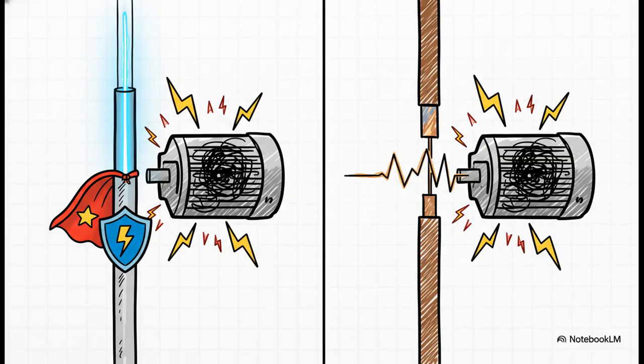And that brings us to its main superpower. Because it's using light, not electricity, fiber optic cable is 100% immune to what we call EMI and RFI. That's electromagnetic and radio frequency interference. You could literally run a fiber cable right down an elevator shaft next to all those huge, noisy motors, and the signal would stay perfectly clean. If you tried that with a copper cable, oh man, all that electrical noise would